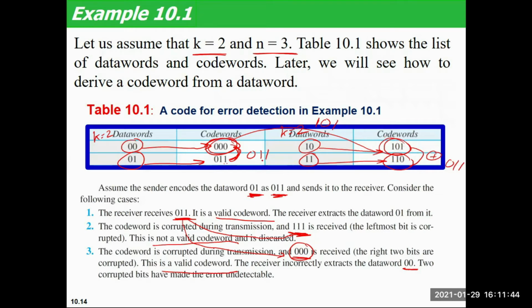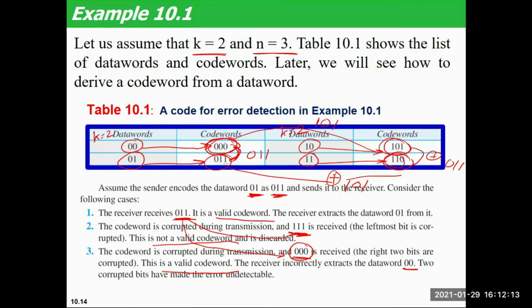So in all the permutations and combinations of these code words, you can find that these XORs have two ones. If I do the XOR of this and this also, 0 XOR 1 is 1, 1 XOR 1 is 0, and 1 XOR 0 is 1.